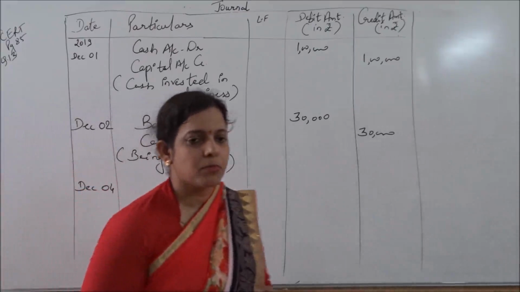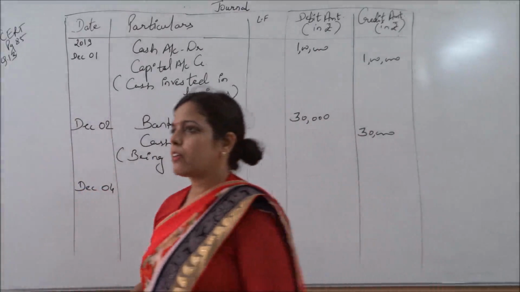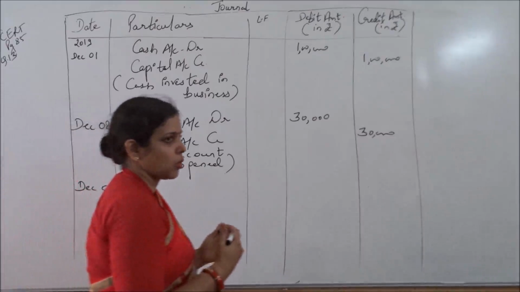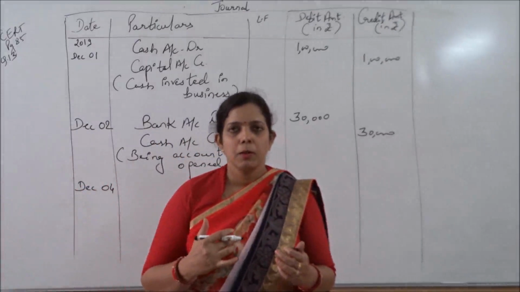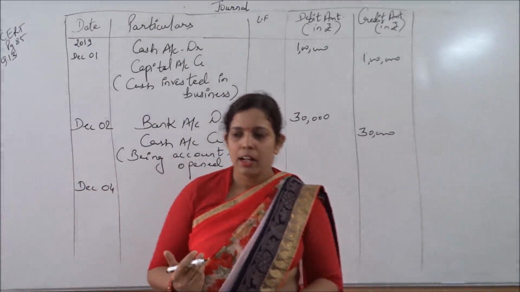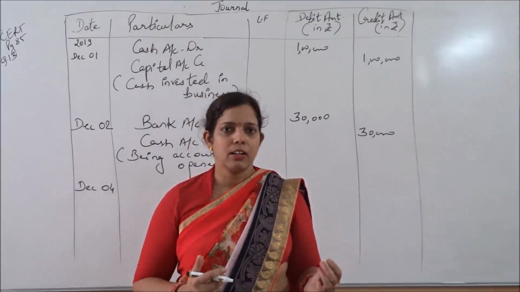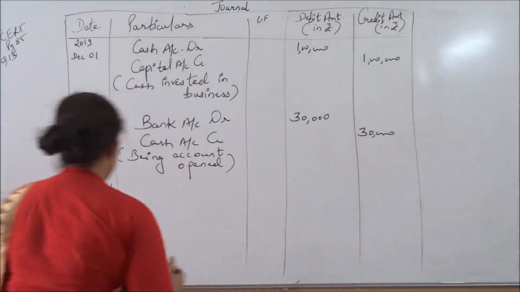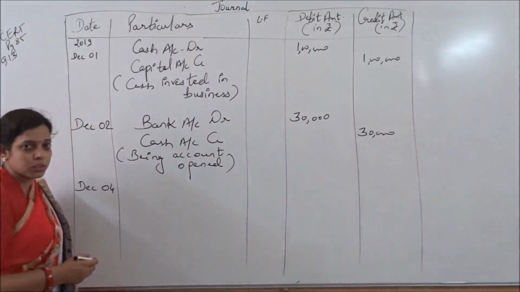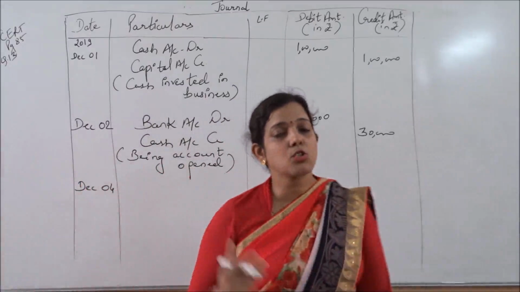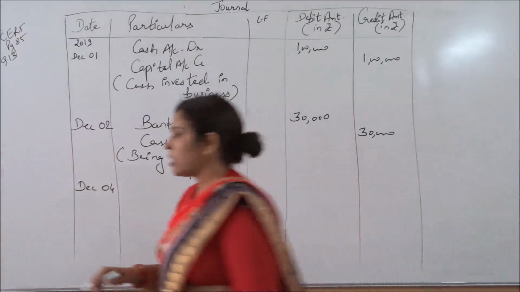Purchase goods from Ashu. What will be the journal entry? Purchase goods from Ashu. What is coming in the business? जब goods purchase करेंगे business में क्या आएगा? Goods आएगा. Yes. लेकिन goods किस नाम से आ रहा है? What is the thing that is actually done for the business? Purchases. So instead of writing goods, you will always remember that whenever goods are purchased for the business, we always write purchases.